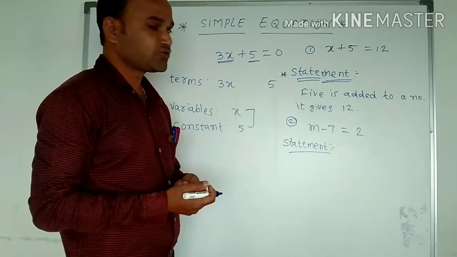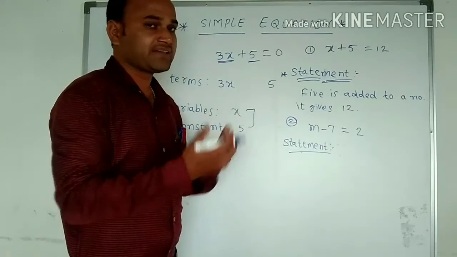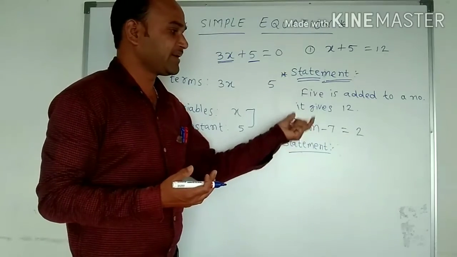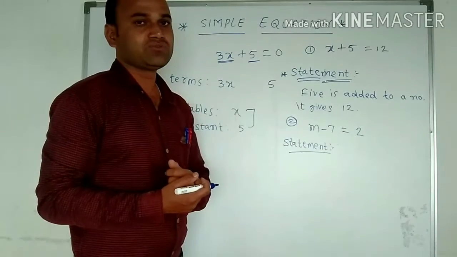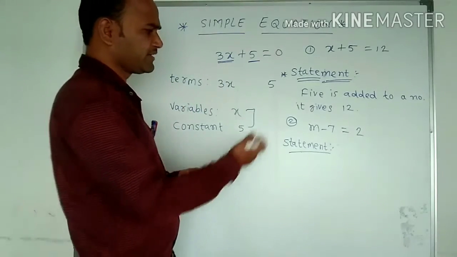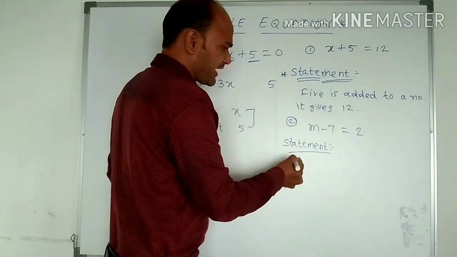And the answer remains 2. The difference between a number and the 7, the difference between the number and the 7, gives the 2. So in a different way we have to write here, that is, 7 is subtracted